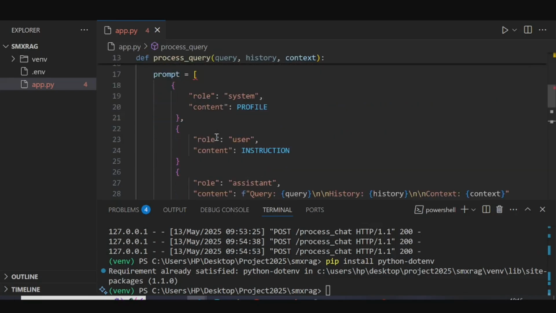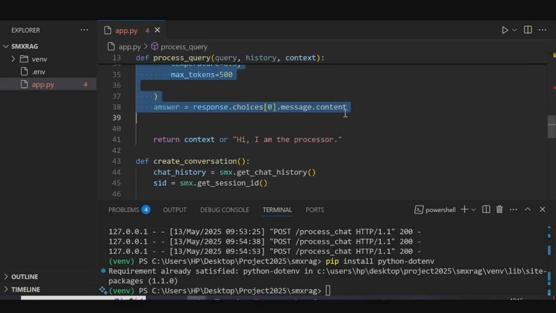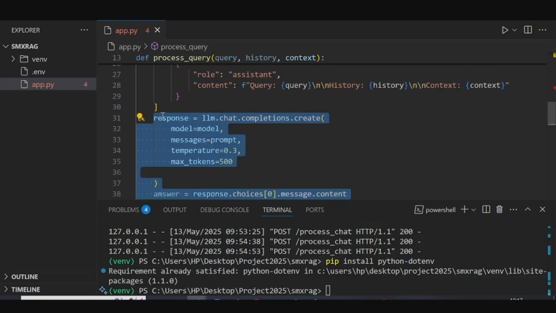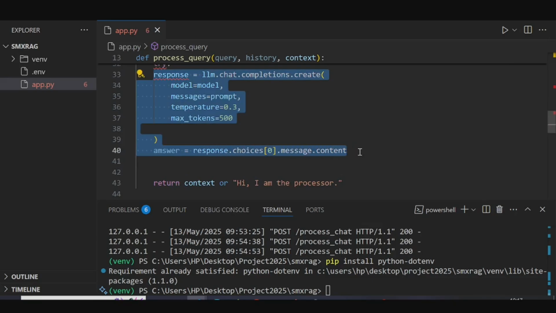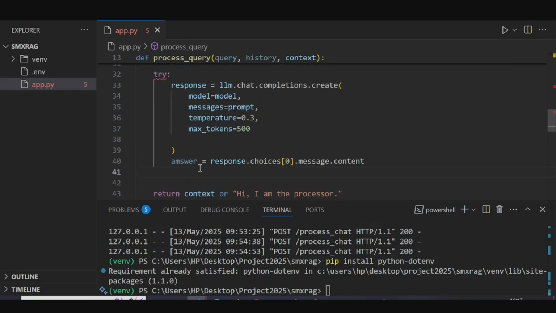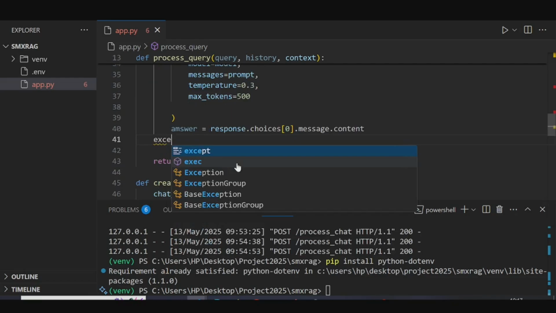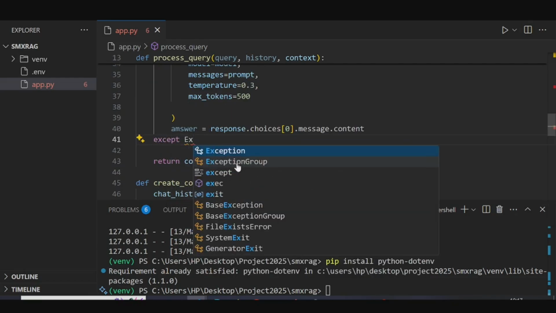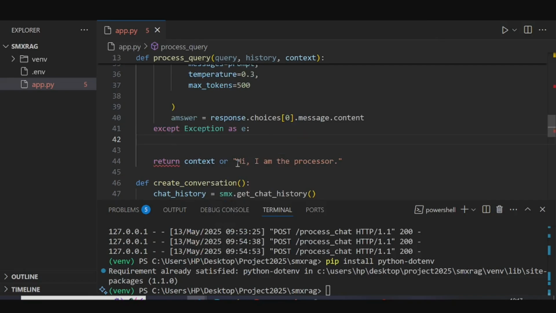All right, so here let's put this in a try exception block. Before we return the answer, let's say here we say try. Of course this has to be indented. And then here we're going to have except Exception as E, then we say answer,